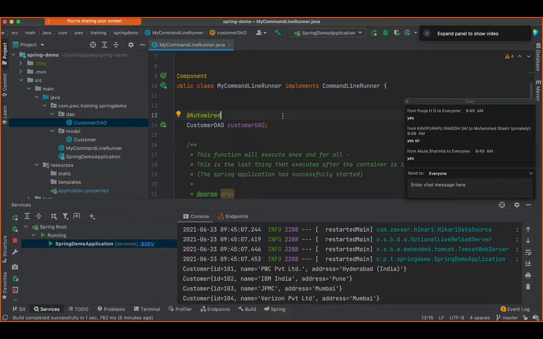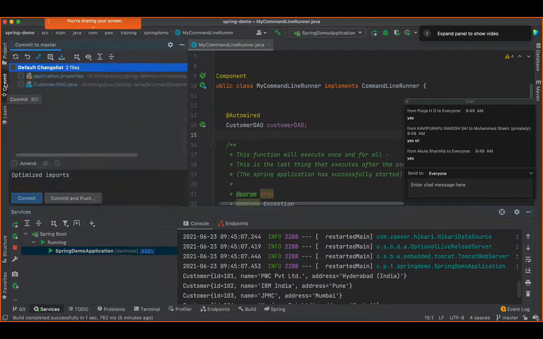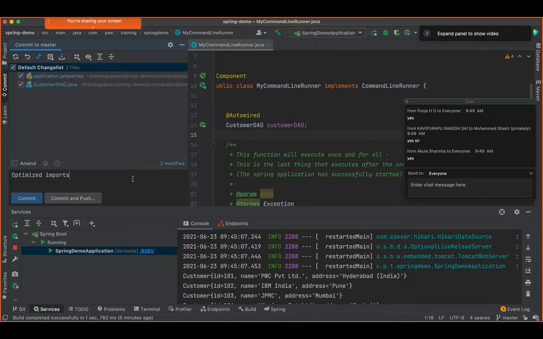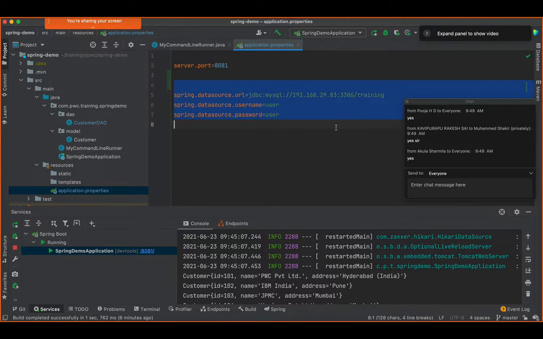Right? Okay, now I will give you sufficient time to work on this, and let me still further commit the code. I am committing the code here. And yes, very important, in the application.properties file, you need to configure the database URL, your JDBC URL, the username, and the password, right?